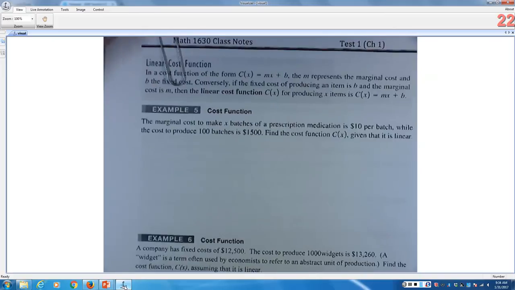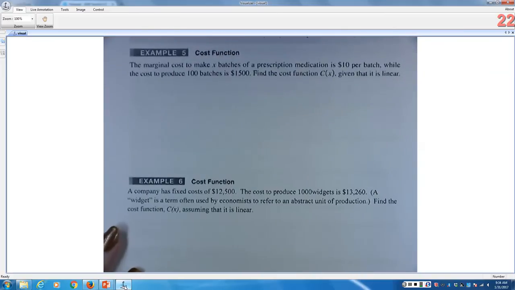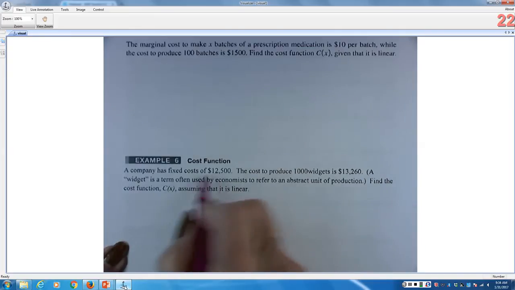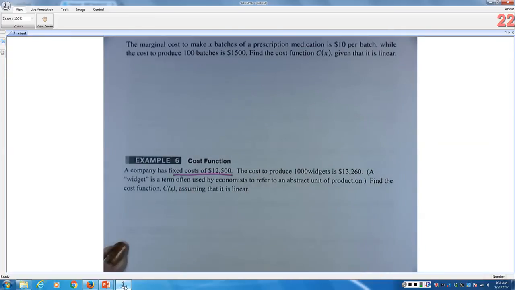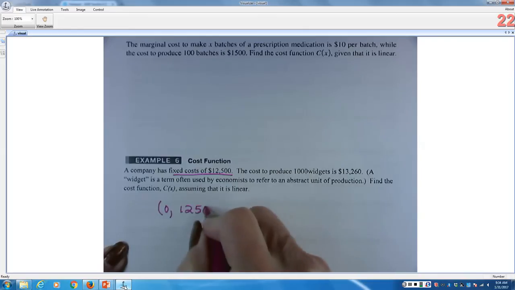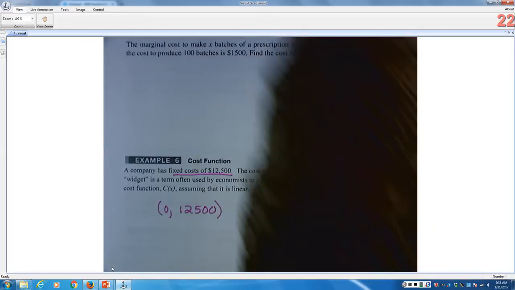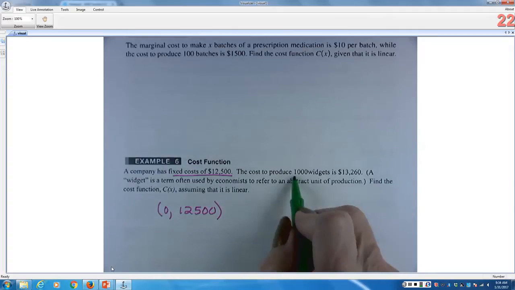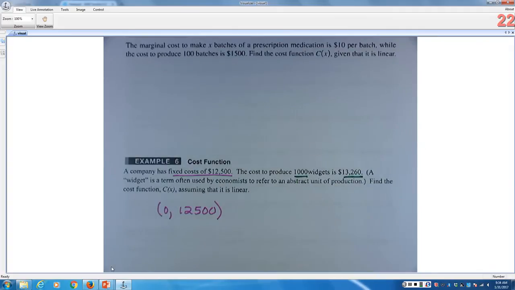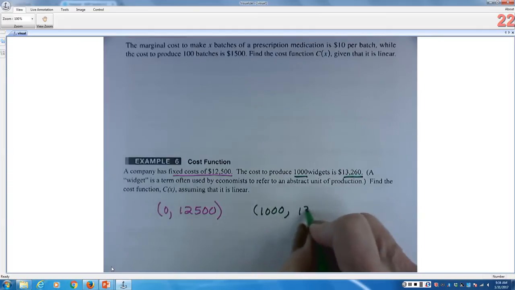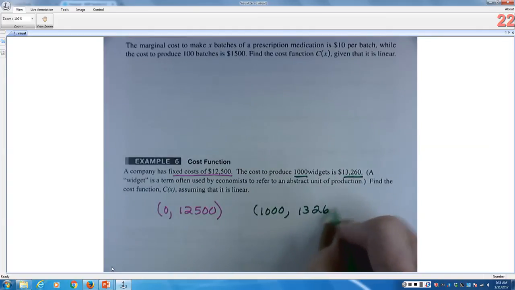In the last part, instead of using the cost formula, we could have taken that we have fixed costs of 12,500, which gives us the point 0, 12,500, and the fact that 1,000 costs 13,260. And we could have used the slope formula